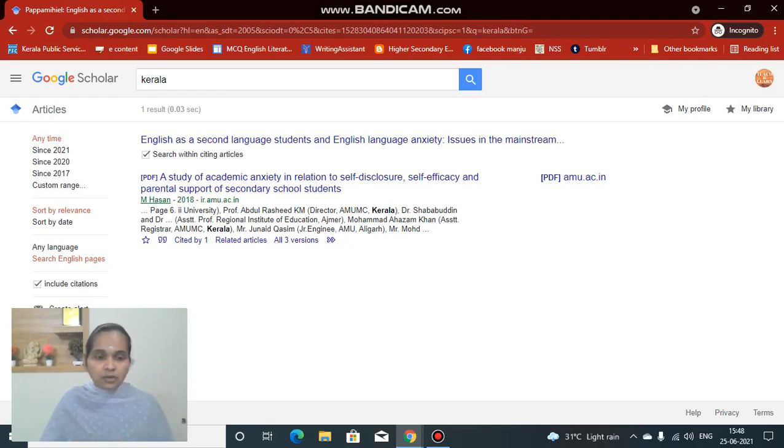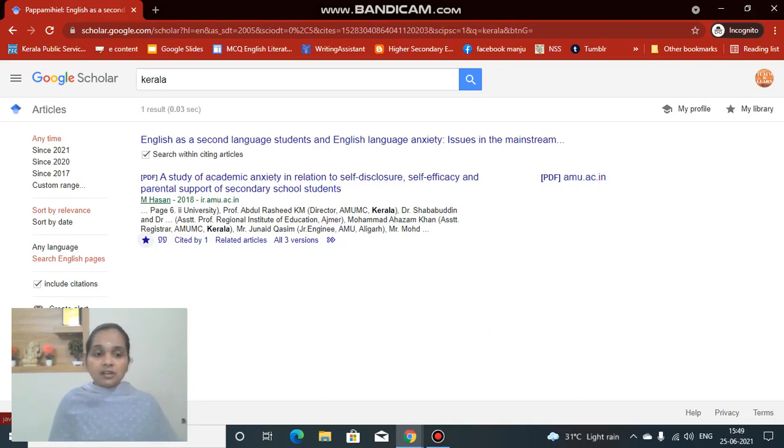So how can you do it? Sometimes we go through so many sites and read so many things, but we lose track in between. So if you want to keep a particular article or book that you come across in Google Scholar, you just press the star button. You can see the star button here. You just click it so that it turns blue. It means it has been made your favorite, or added to your library. That is another feature of Google Scholar.